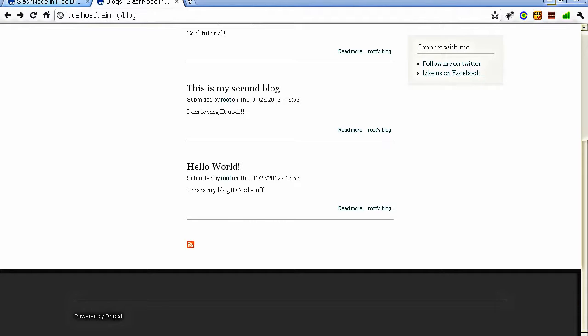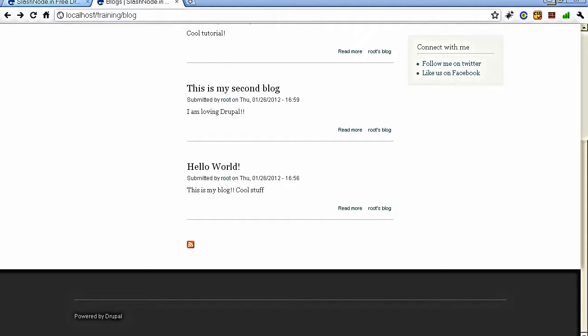It is very important to have this RSS feed in your site, because if you want to publish your blog to maybe a Twitter account, or maybe your Facebook account, or if you want to integrate your blog with the FeedBurner service, then you really need to have an RSS feed enabled on your blog. In the Drupal website, this RSS feed is enabled by default. You really don't have to do anything. The only thing you need to know is how to access your RSS feed.